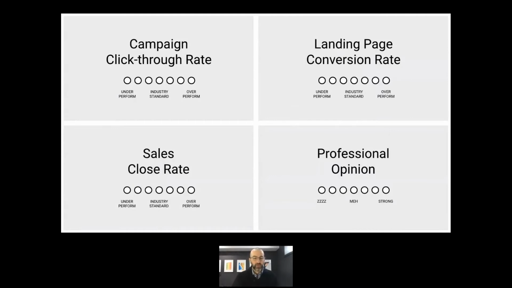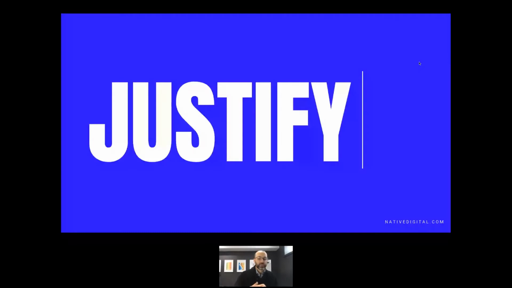So hopefully this is simple enough for you guys to put into use, or if nothing else, memorize. So then let's talk about justification. Let's say we've scored ourselves and we're not as high as we want to be. Maybe we're just a hair below what we think the industry standard is, and we believe we need to get above that. To address this, you might have budget to do it. You might have time and resources.